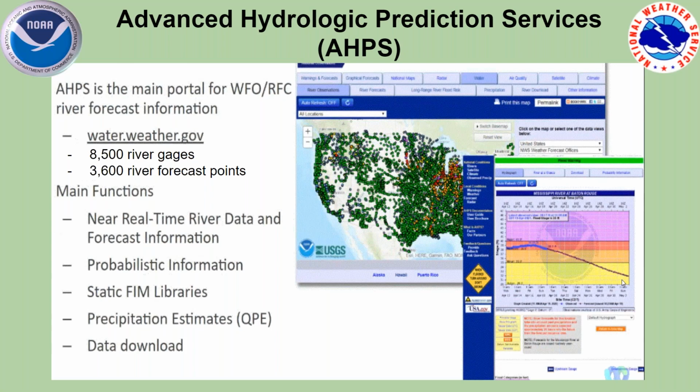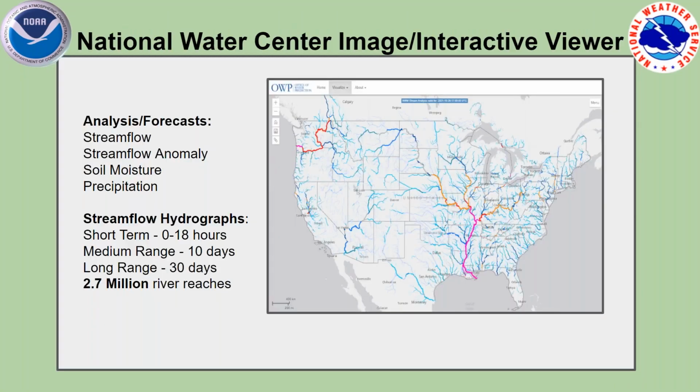There are some static flood inundation libraries, and we're going to be talking a little bit more about that here in a bit. Also some precipitation data that you can access. Some of you may also be familiar with the National Water Center's interactive viewers. So what the National Water Center does, and this is through the Office of Water Prediction, they